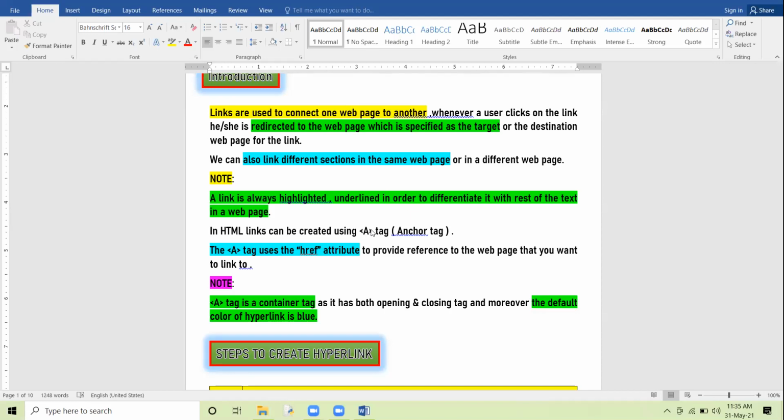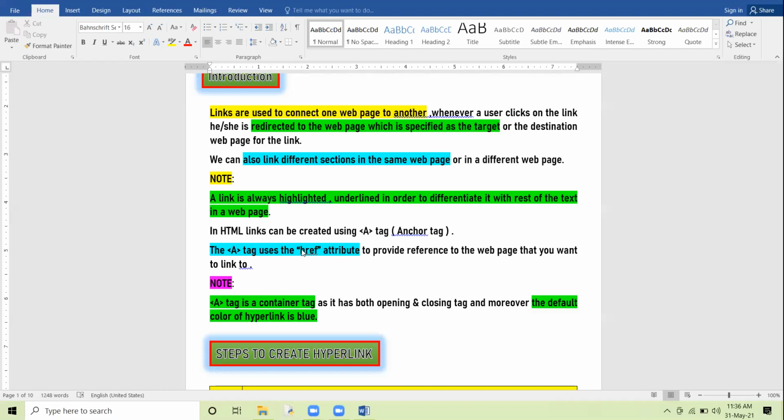Clear? Now the anchor tag has one attribute that is called href. The href attribute stands for hyperlink reference. Clear?